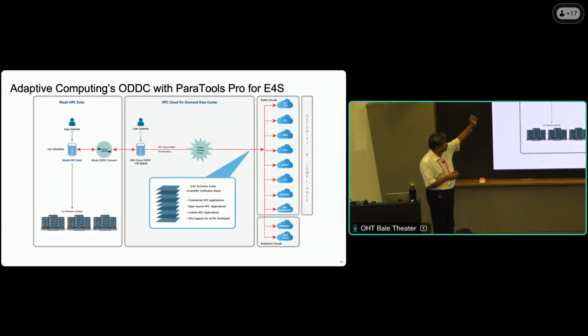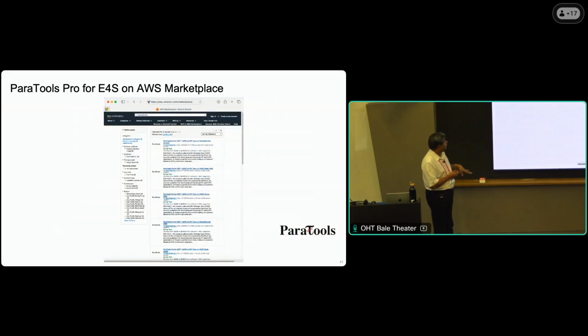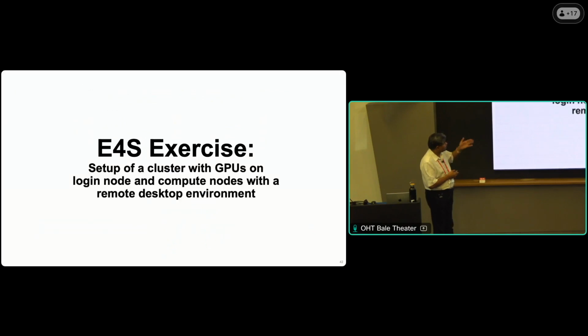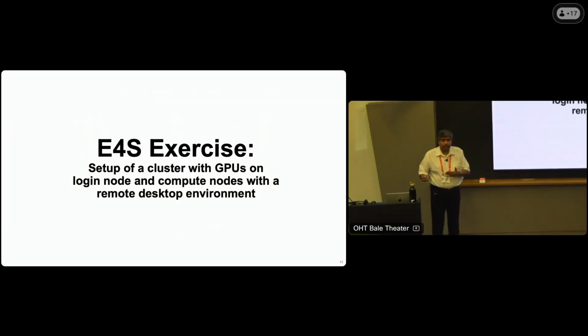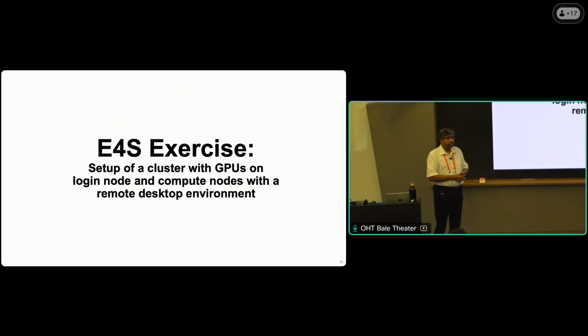The user interacts with the ODDC front end, and then you can target multiple cloud providers. ODDC is a commercial product that comes from Adaptive Computing Inc. And you have the listing of ParaTools Pro for E4S, the image on AWS Marketplace. So we'll jump right in, and all of us online as well as participants here should go and reserve